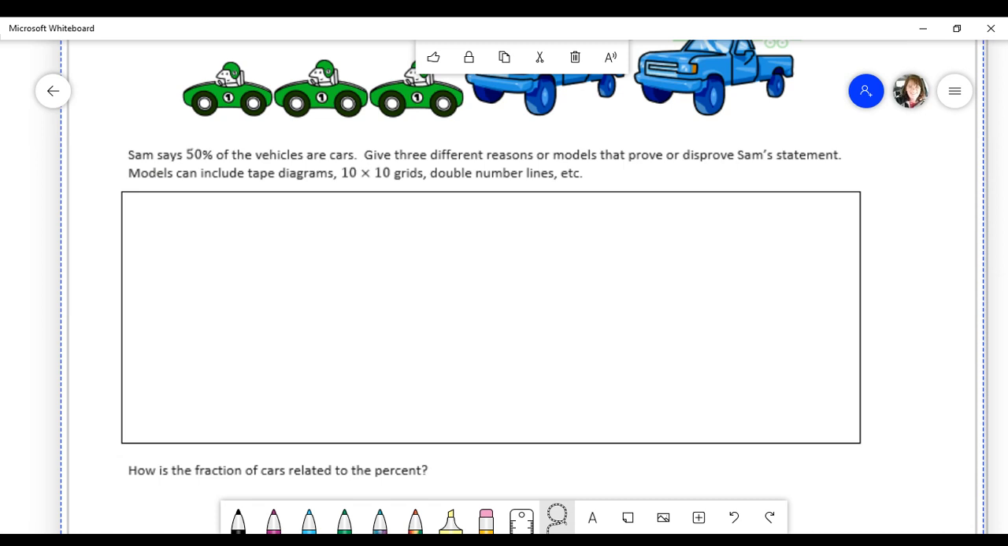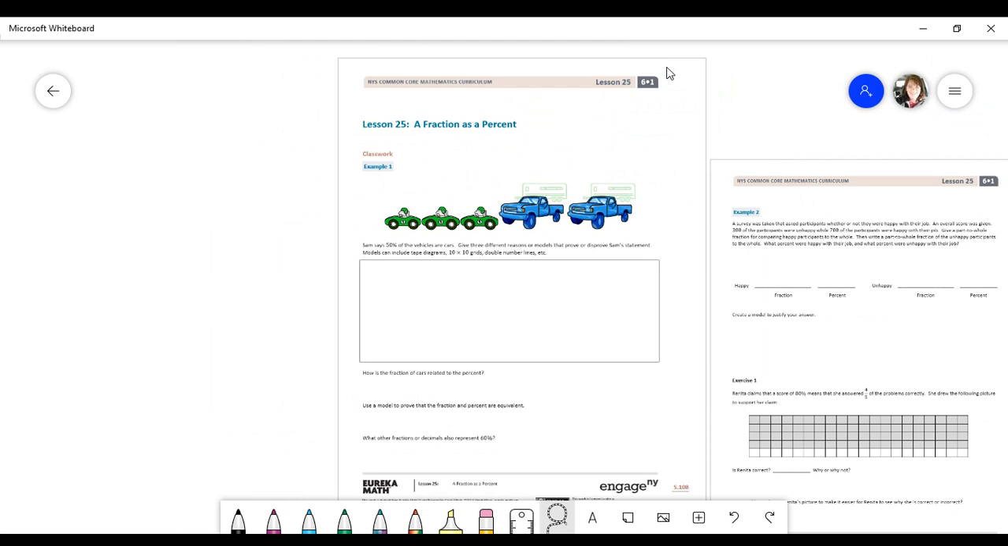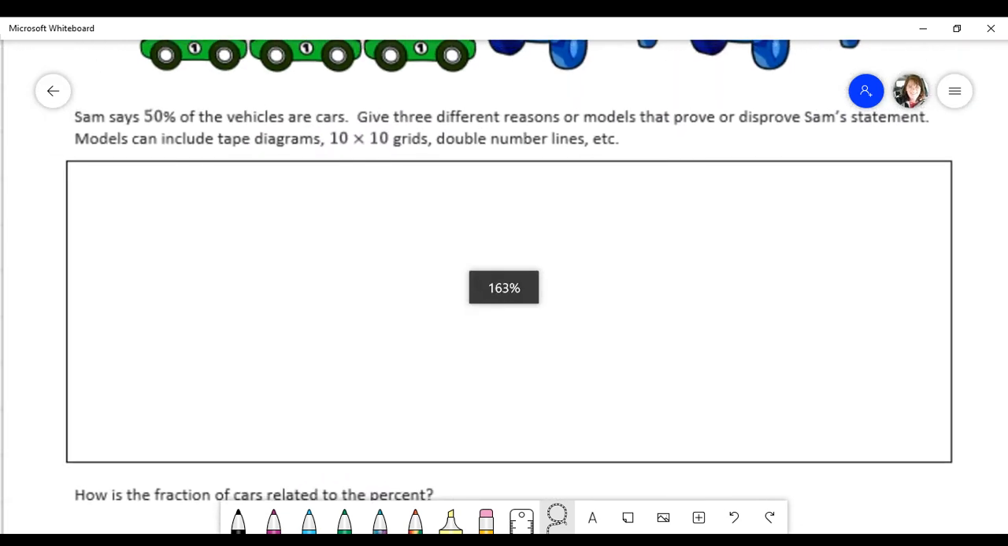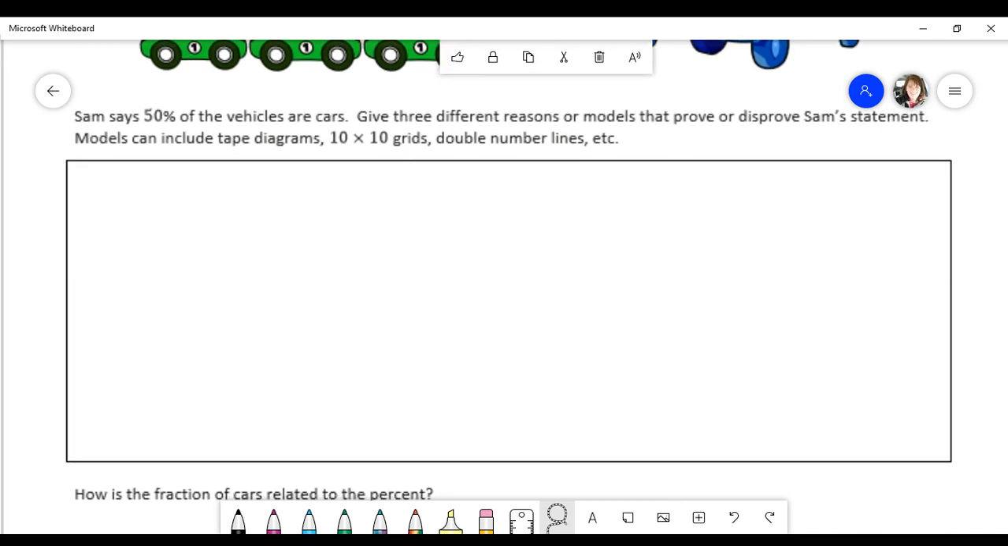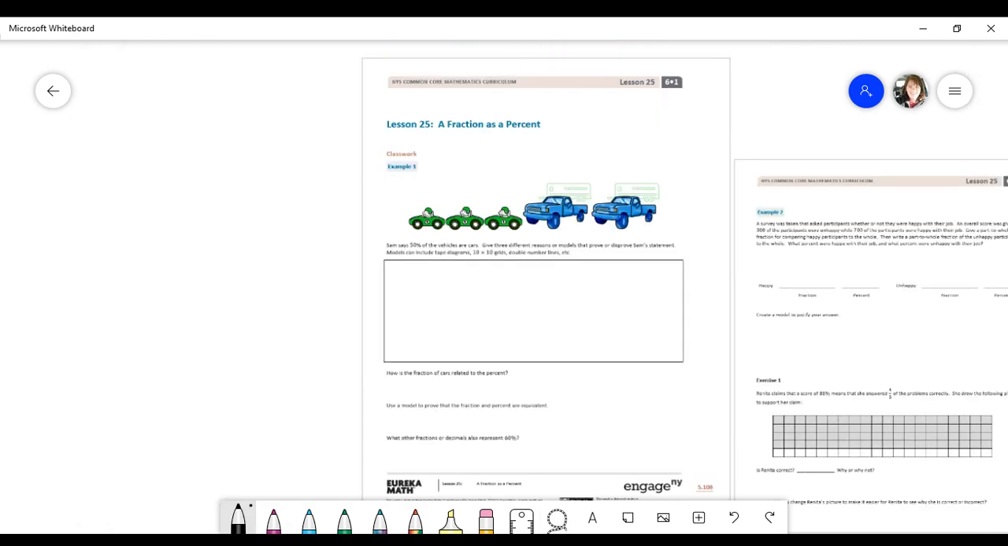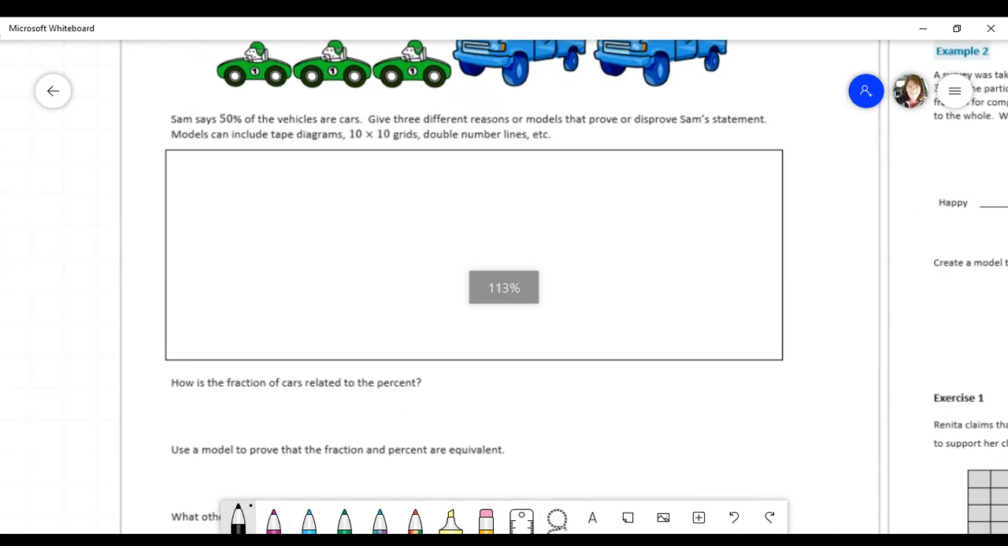I know that in your mind, you can look at that and tell me if half of them are cars, but we're going to show it mathematically. Okay, so that's the difference. All right, so first thing, we can create ratios. So if I started looking at it with a ratio, I could say there are